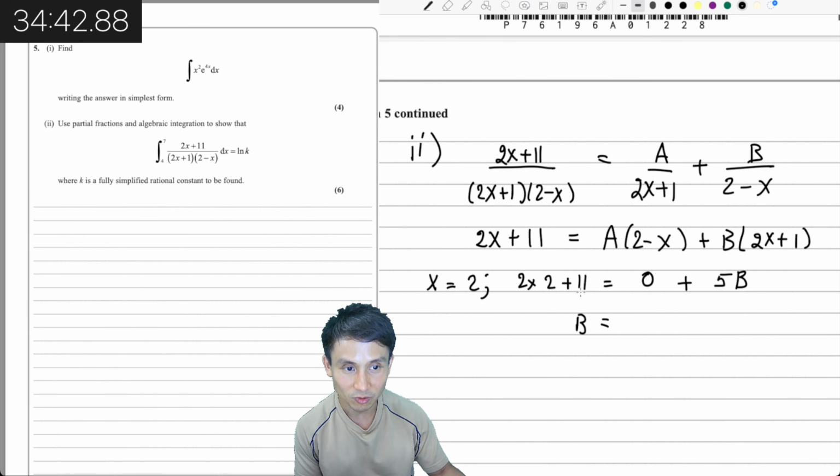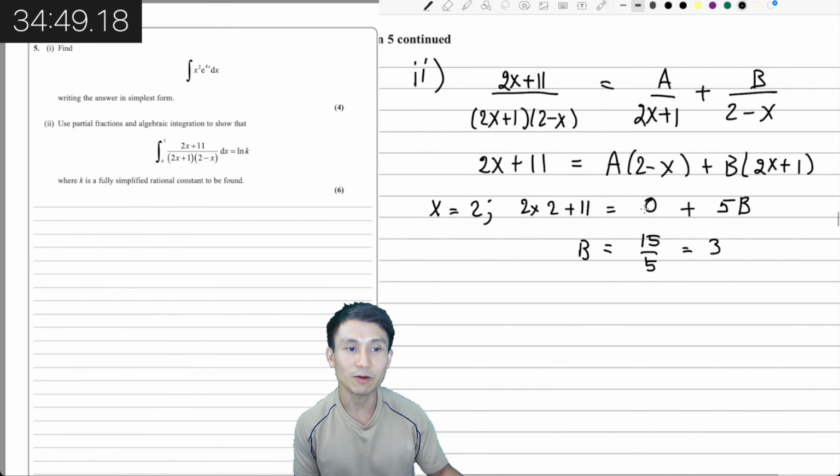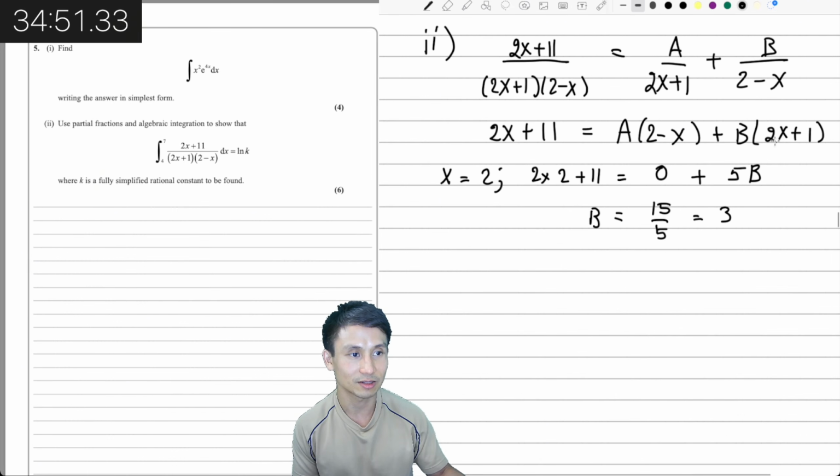So that means b is equal to 2 times 2 is 4, 4 plus 11 is 15, 15 over 5 is 3. That's B. And then for the A, we do similar, because we have another critical value here, which is minus